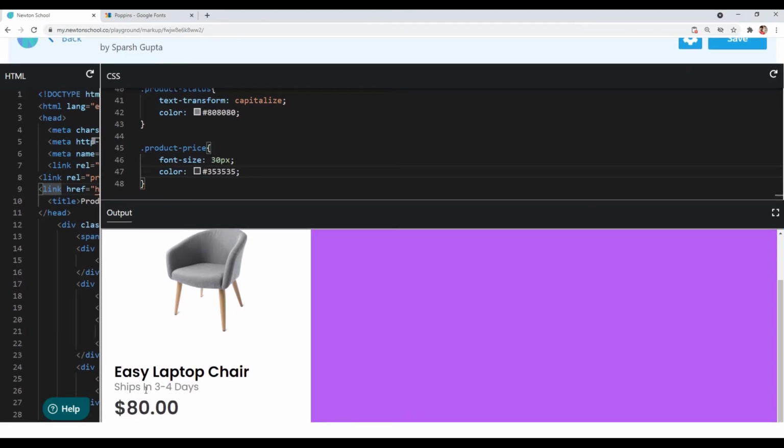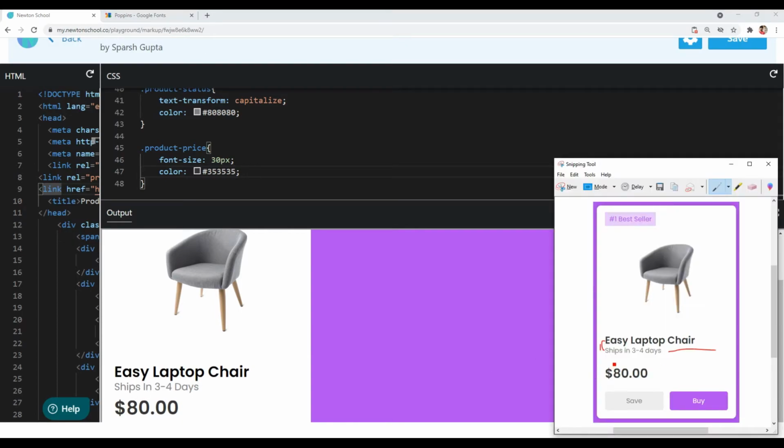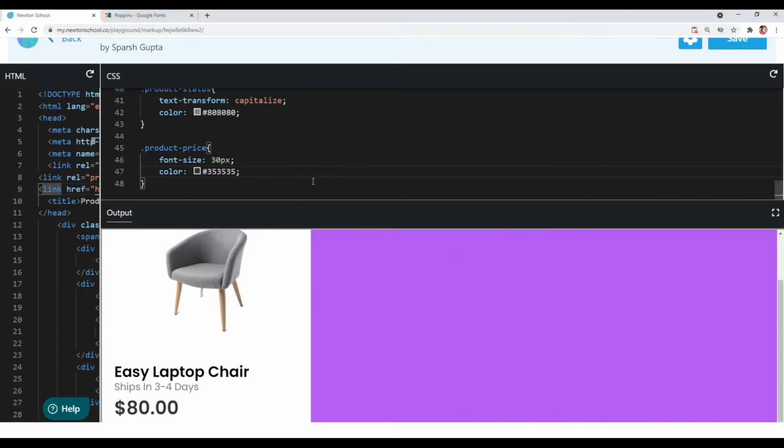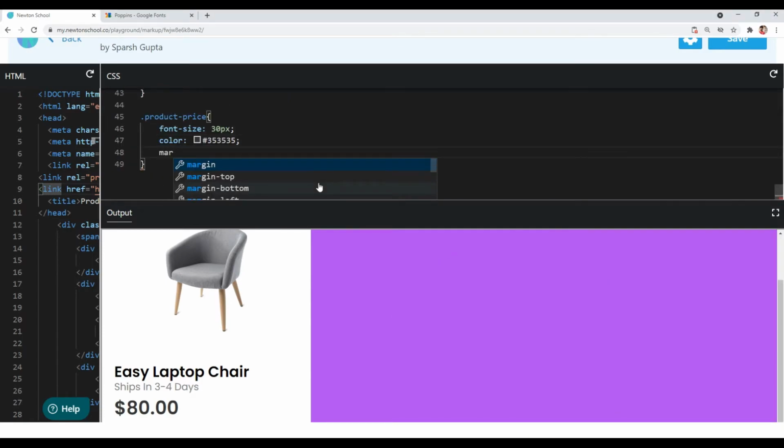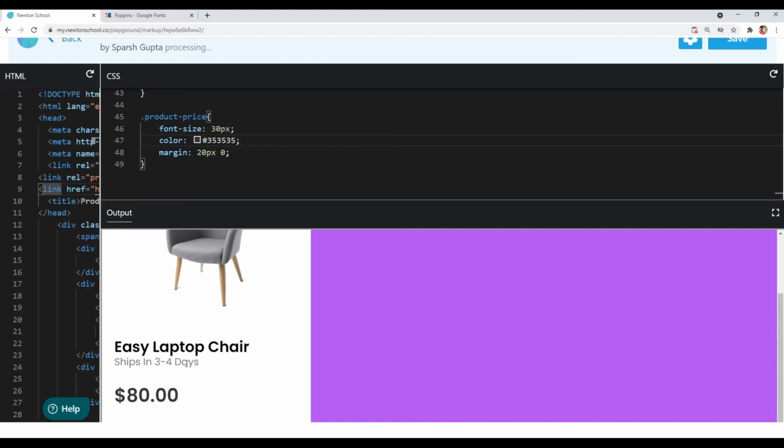And we also need some spacing from top and bottom. You can see it has some spacing from top and bottom, so let's give margin to it. I will give it a margin of 20 pixel from top and bottom, and we don't want any margin from left and right, so we will keep it 0. Okay, so you can see it's looking good now.